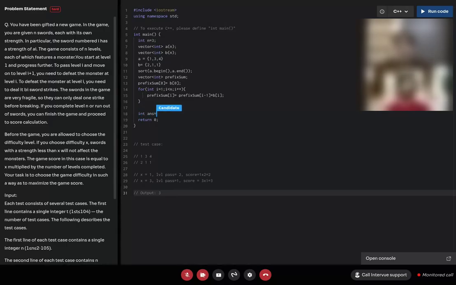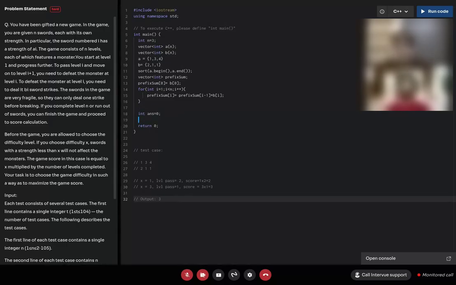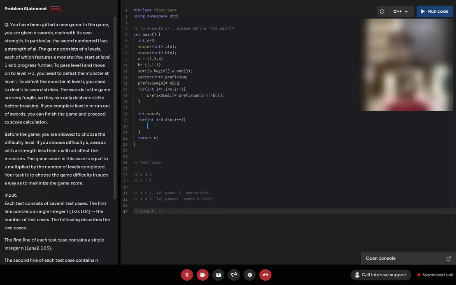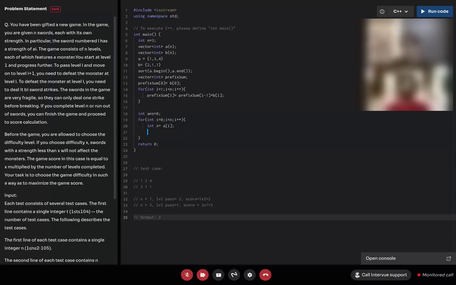Now my answer I'll store in ans equals 0 for now, and I'll update it with a loop, i less than n, i plus plus. I'll loop over A[i], the sword strength. Let's say X is A[i], the current sword strength, the minimum sword strength, because I have sorted the sword strengths, right? So with the minimum sword strength, I'll start the loop.